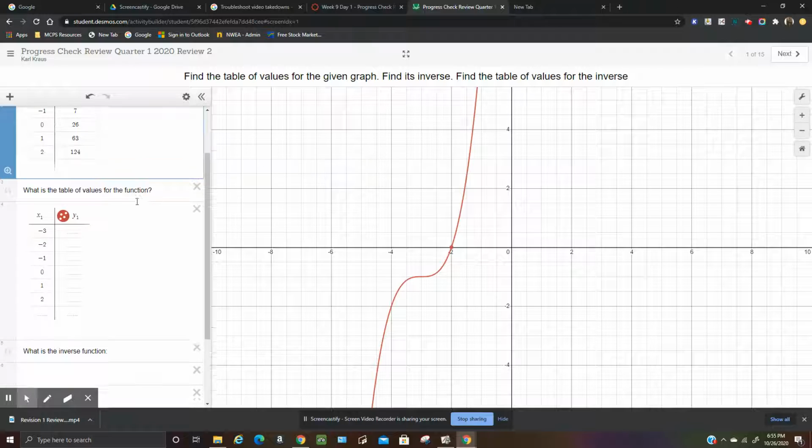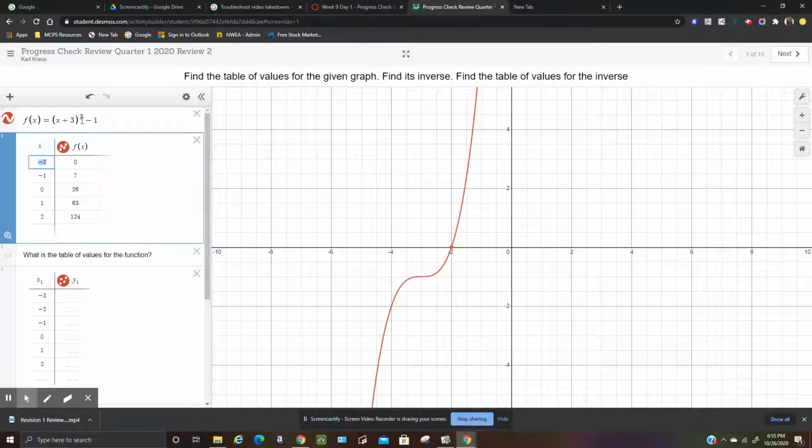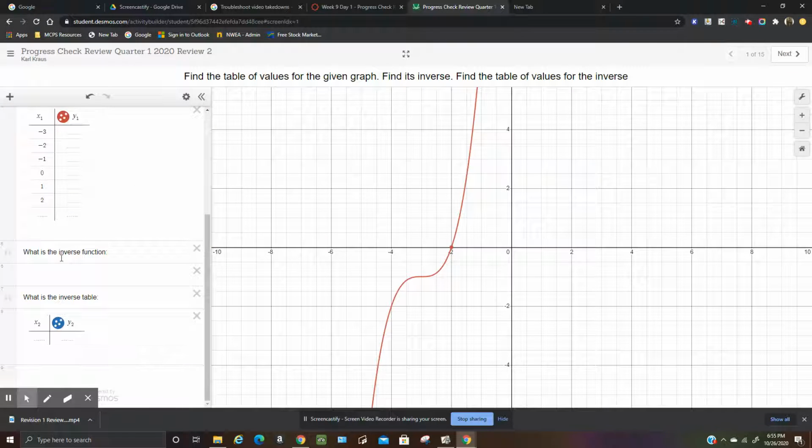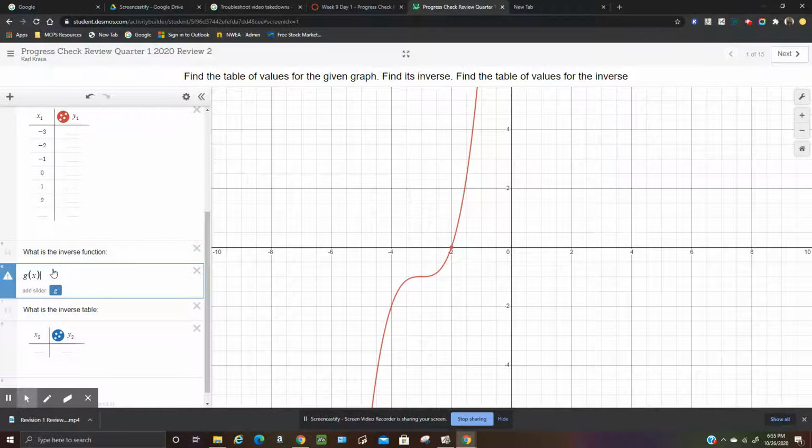And then what's the inverse function? So the last thing we did was subtract 1. So the inverse is going to be add 1, and then the inverse of cubing would be the cube root. So the cube root of x plus 1, so we'll call it g of x, equals